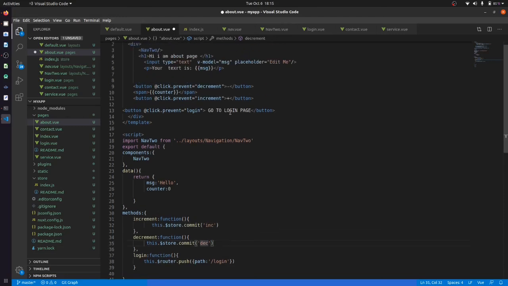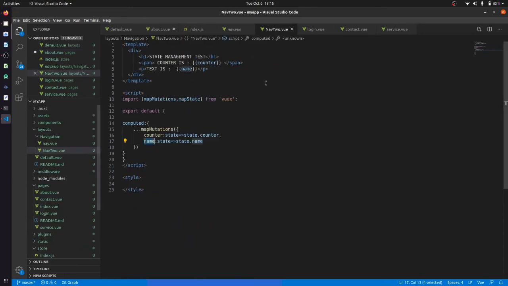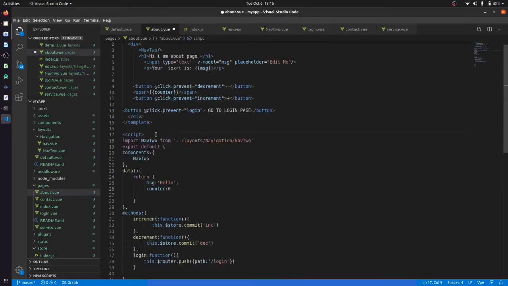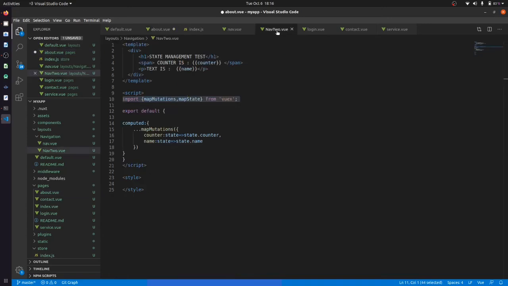Now how can we get that data from that file to here? We can just copy this line from about, come here and paste it.